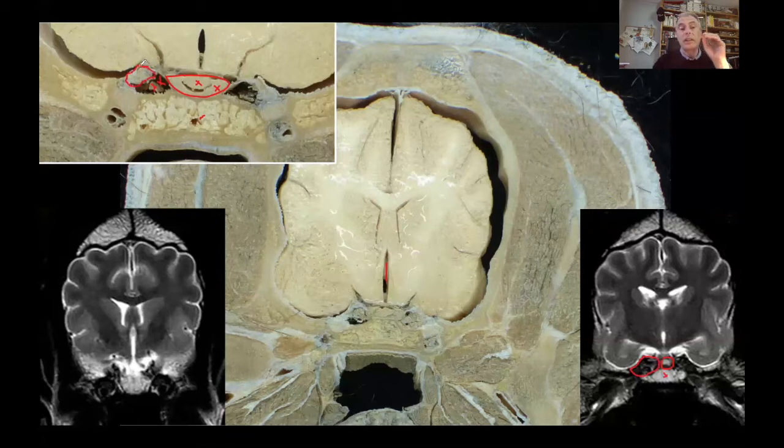The structures that are going to leave through the orbital fissure, they go rostrally, and these are the ophthalmic nerve, the oculomotor, trochlear, and abducens cranial nerves, okay? And also, as you see, we have here a structure that is a nerve, okay? This is, as you see here, right here,